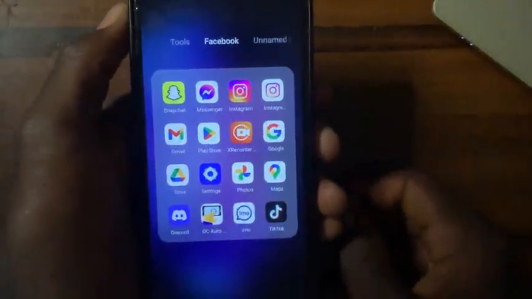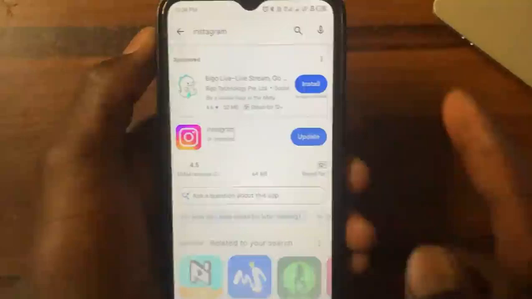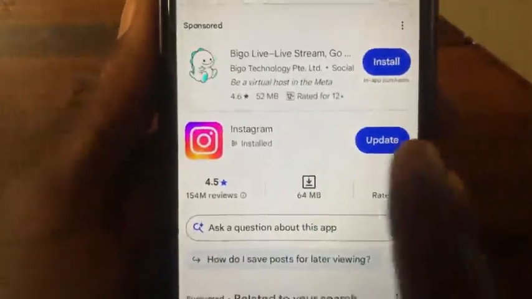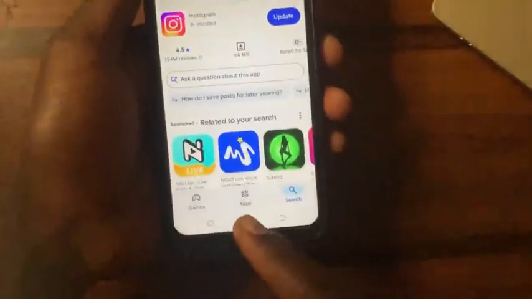The first method is to go to your Play Store or App Store and update your Instagram app. After you come to the Play Store or App Store, just search for Instagram and update it. After you finish updating your Instagram, the second method to fix this problem is to go to your Instagram